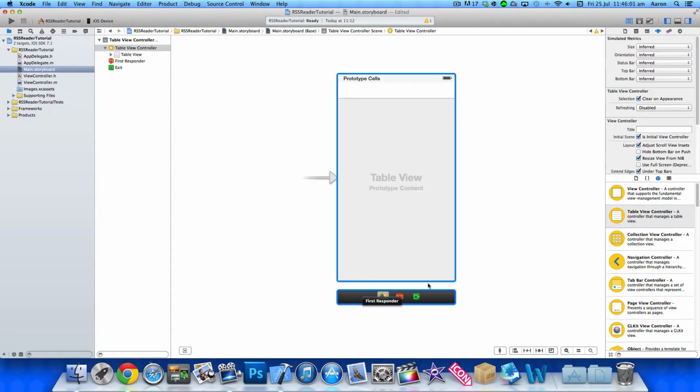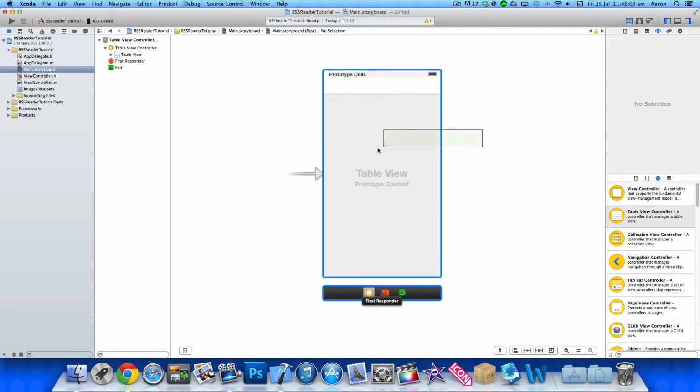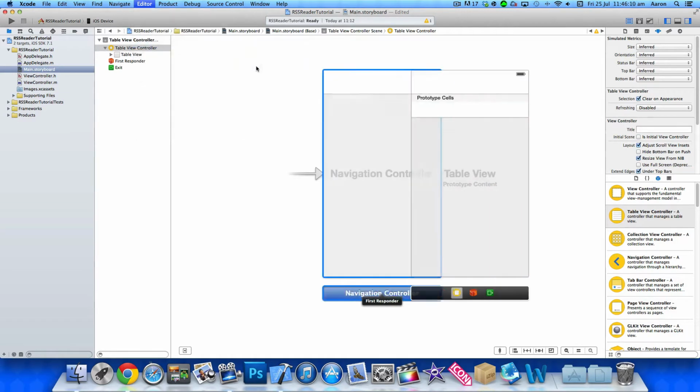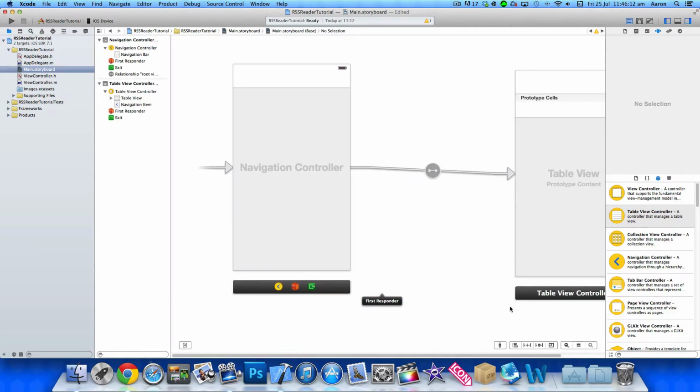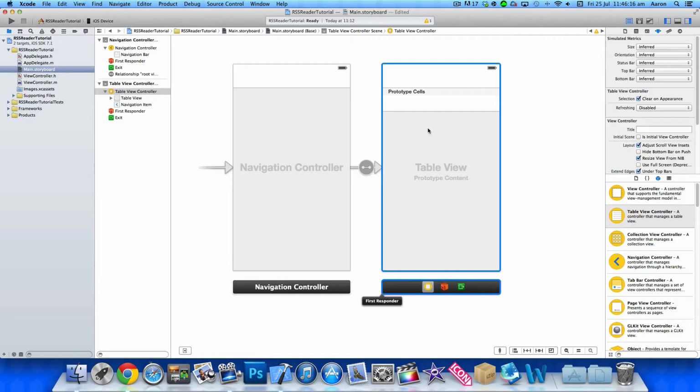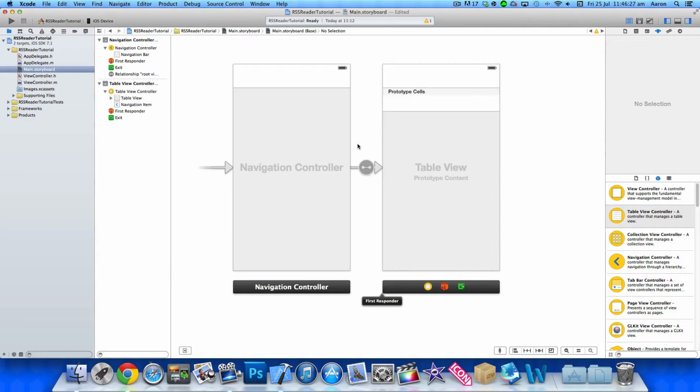So we simply place that in there now, and then we highlight and select it and go to the editor and select embed in and select a navigation controller. So this will place the application now into a navigation based app, so we can simply click on any of the feeds and it will push to a view controller which will display our web view. But before we get onto any of that right now, we just simply need to configure it so it